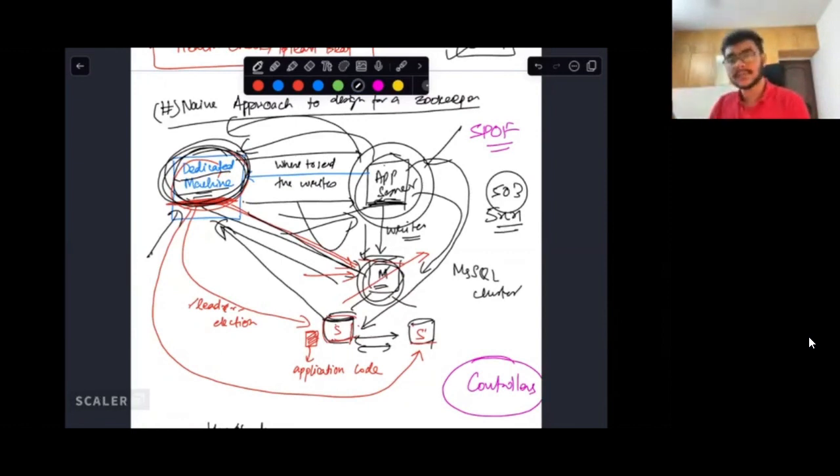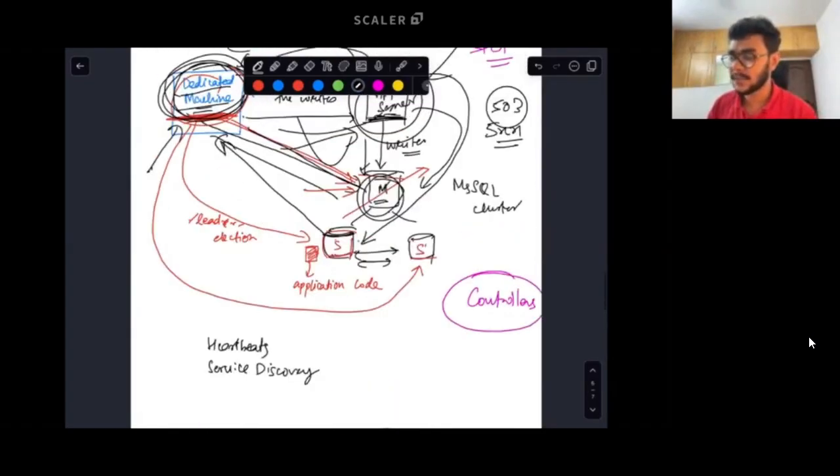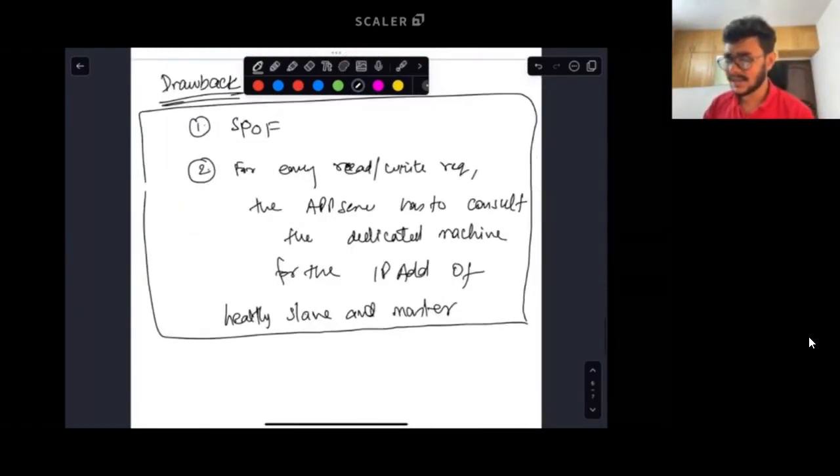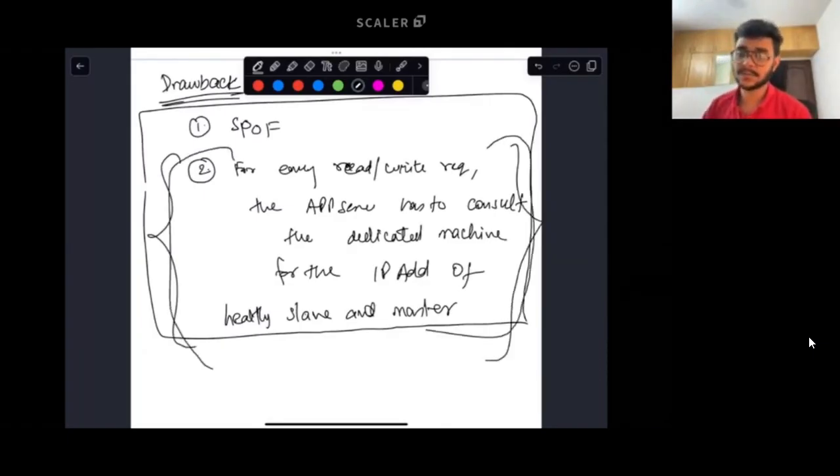When the problem arises, only then are we trying to solve it, right? So yes, this is also a definite flaw of this approach, and it is introduced because of this extra hop that we have to make all the way to this dedicated machine. The point that you are saying is a logical follow-up of this point that I've mentioned over here, right?